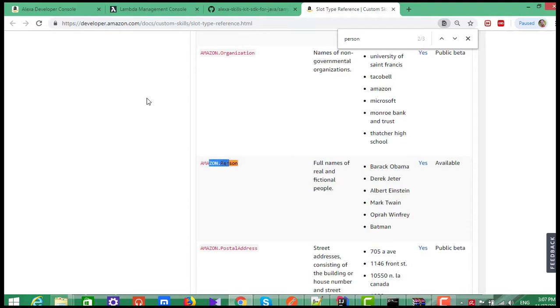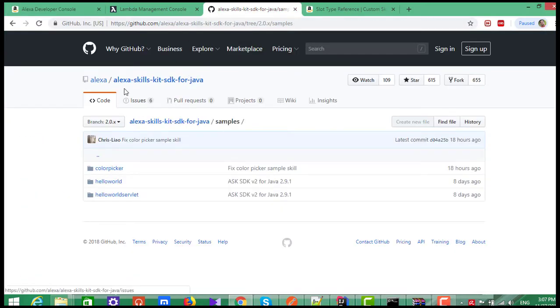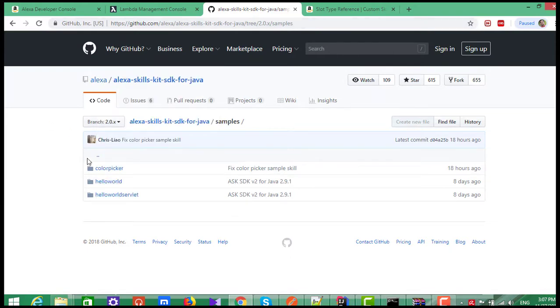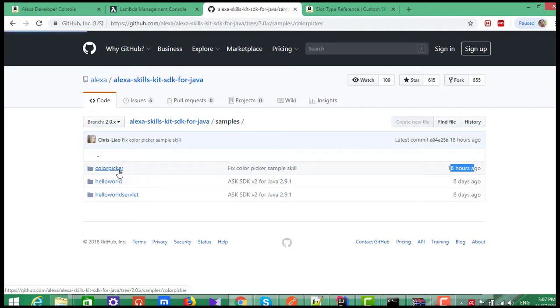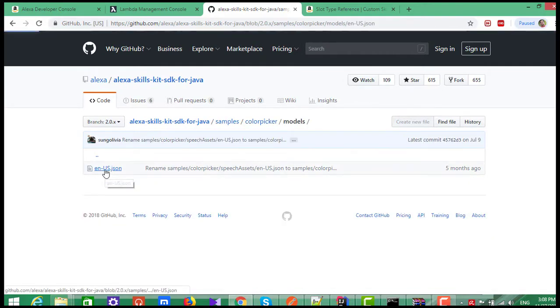So how can we create the slot type? It's easy. If you remember, we go to the GitHub project. I'm using the GitHub project again. Last time we chose the hello world, now we choose the color picker project, which was edited just 18 hours ago. I opened the color picker project. Same things happen. I will go to the model and open the